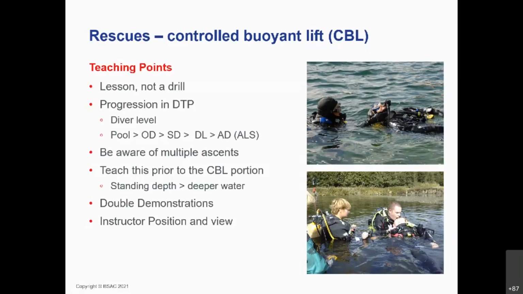Again, it's also important. This is a skill where we're more likely to need to intervene, and it's more critical that we have a good view and we're able to observe the different parts of the skill. So we need to know if the neck extension is good, and we can only do that if we can see the neck extension. We need to see that the seal is good. So your instructor positioning is very important, as well as the position of the other students, so they can see these critical aspects. So very important here to just make sure that everybody can see, and particularly you as an instructor can see